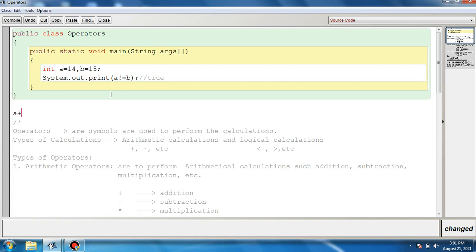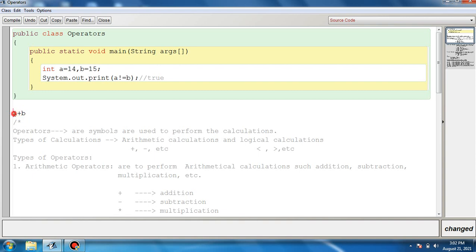variables plus symbols and constant values, like this: a plus b divided by 2. This is the division operator that we had discussed while discussing arithmetic operators. So an expression can be made up of two operands. Here a is an operand, b is also an operand, and plus is a symbol, or operator. So this is an expression.